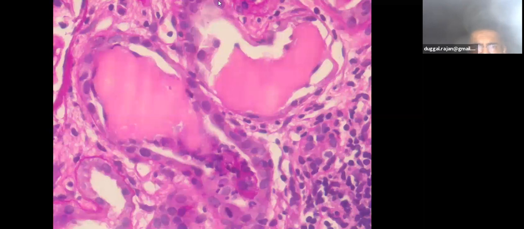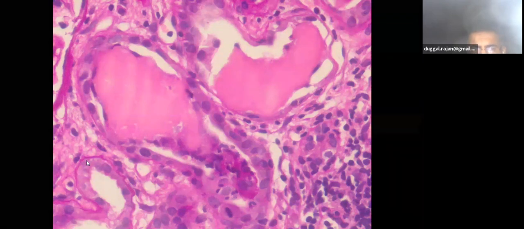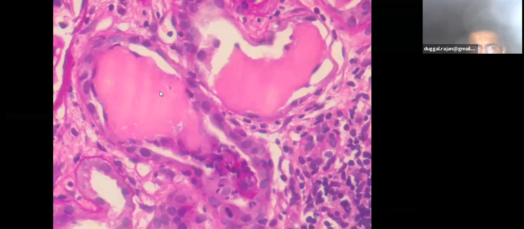So this is a different case. What it is showing is these are casts. Okay, just compare this color again, PAS positive, magenta color, and these casts are PAS negative. Okay, and then there is some reaction of inflammatory cells and the tubular epithelial cells to the cast material. You can see some fragments also. So fractured,